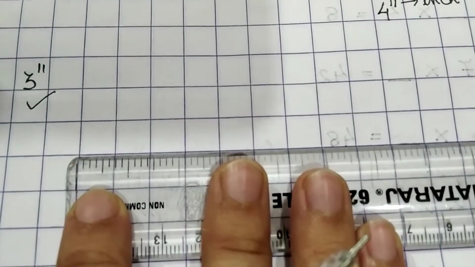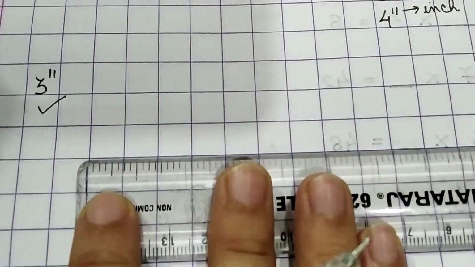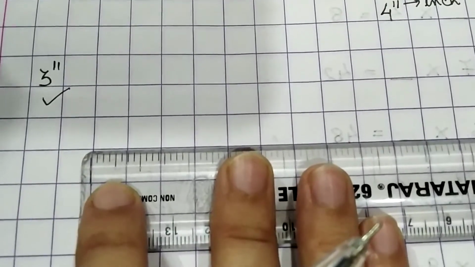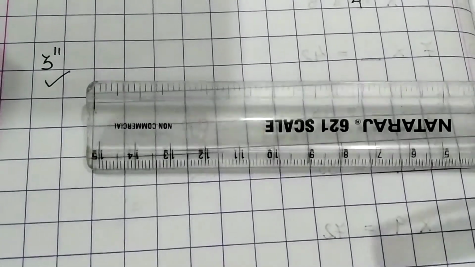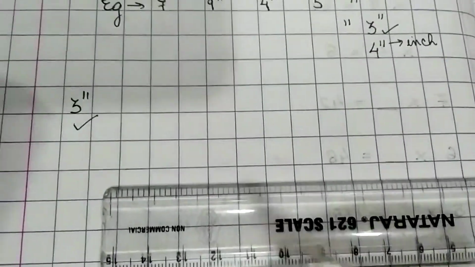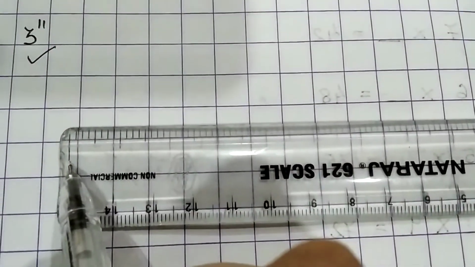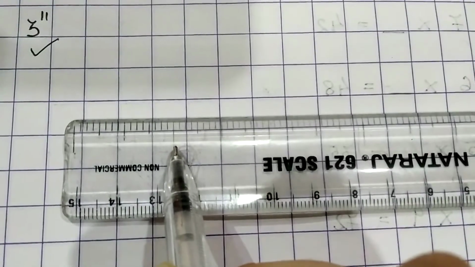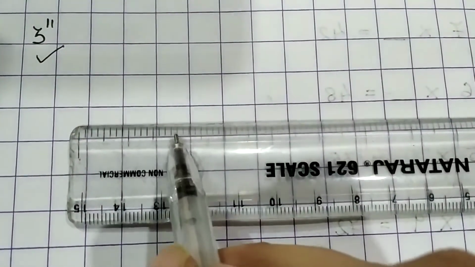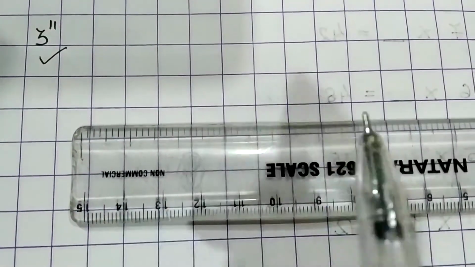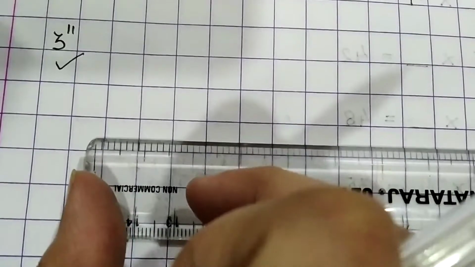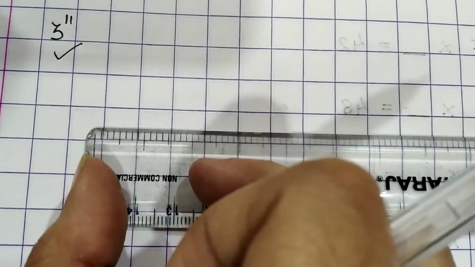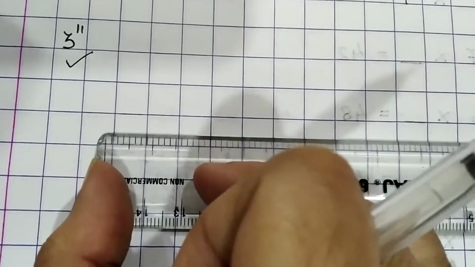On above the line you have to draw the inches. Okay, so now I'm going to tell you how much is 1 inch. So now children, as you can see in your scale over here, 1 inch will be from this longer mark till the next longer mark you are going to see. See, this is the longer mark over here, but it is a little hazy, but when you take your scale, then this longer mark till this longer mark is your 1 inch. Next 1 inch, this is the 1 inch.